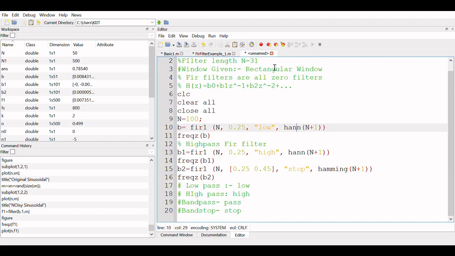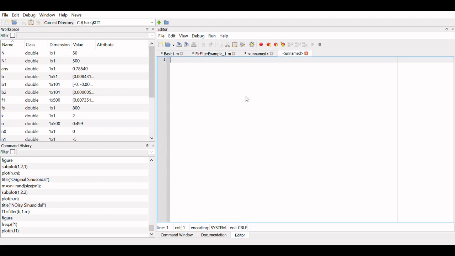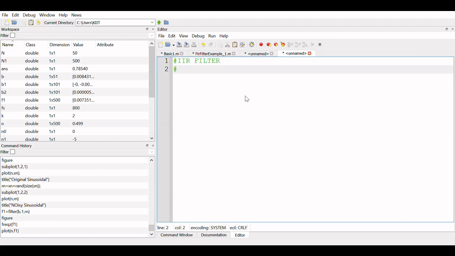So let me go to, suppose I want to generate an IIR filter. I know that the IIR filter H of Z will have both B by A, both numerator and denominator.